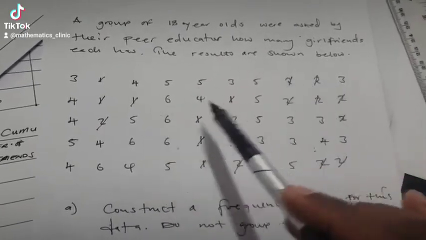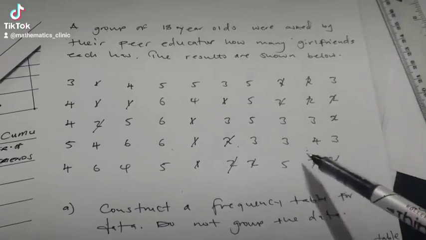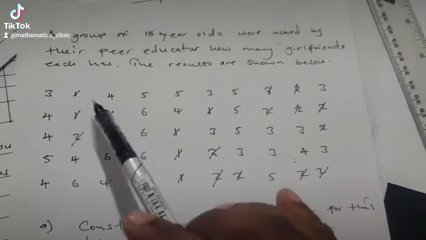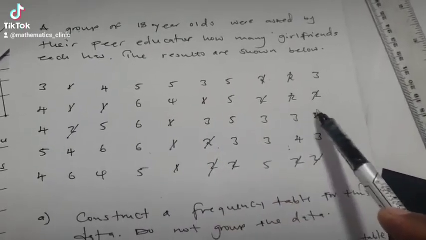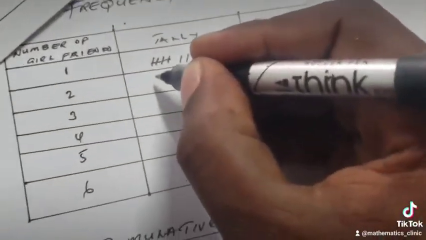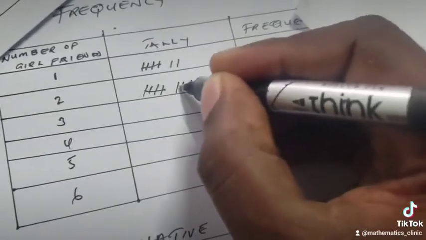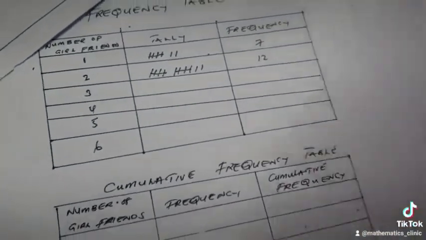Let me check again: 1, 2, 3, 4, 5, 6, 7, 8, 9, 10, 11, 12. So we indicate 12 on our tally. And for those who have 3 girlfriends, we have 1,